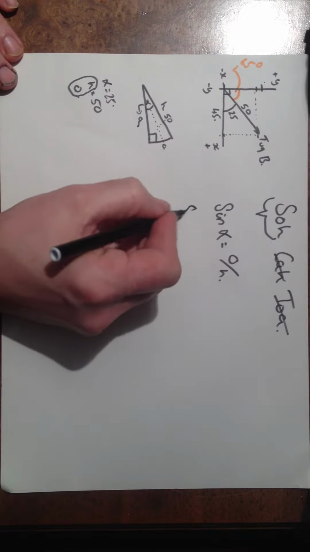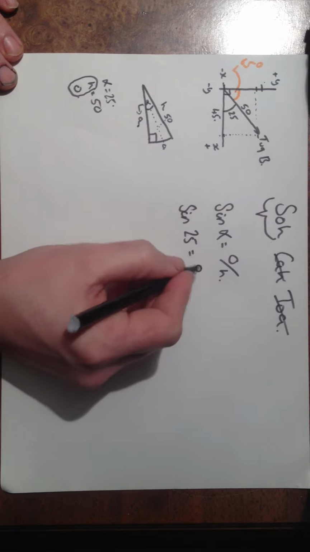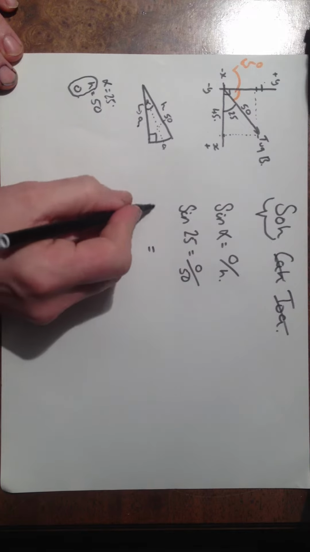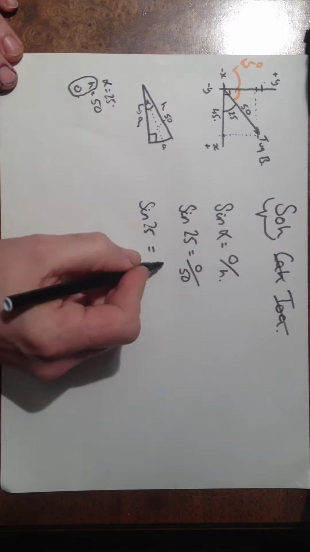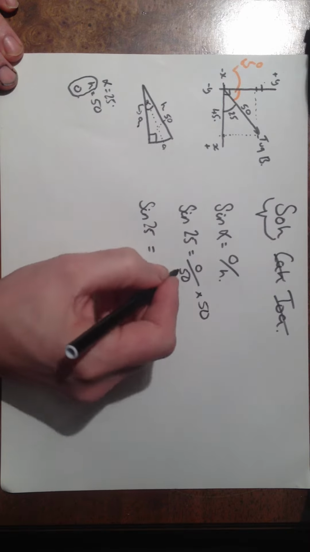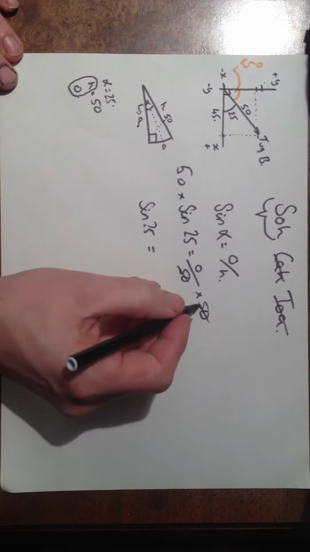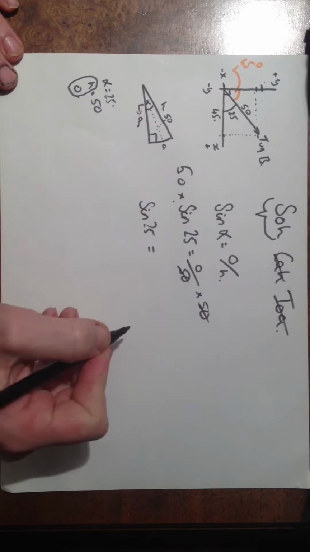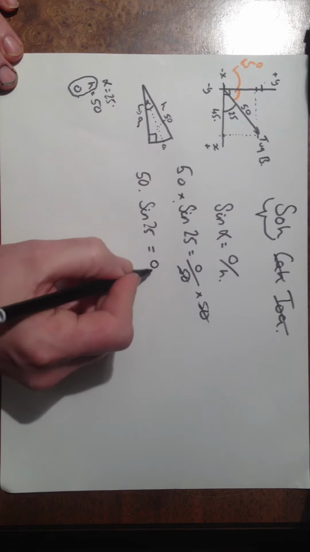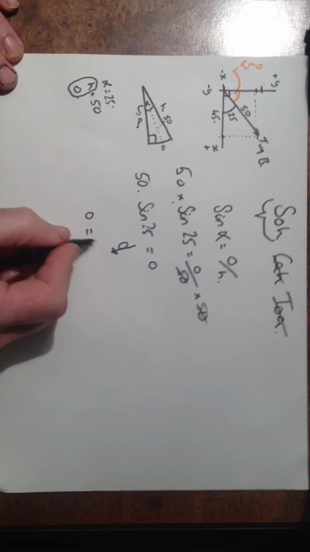Again, let's populate that. Sine of 25 is equal to opposite, which we want to know, over the hypotenuse, which is 50. We're left again with sine of 25 is equal to opposite over 50. To get the opposite on its own, we're going to multiply both sides by 50, which cancels them out. Of course we have to do the same on the other side. So we're left with 50 times sine 25 equals opposite. Let's switch that round, so opposite is now equal to 50